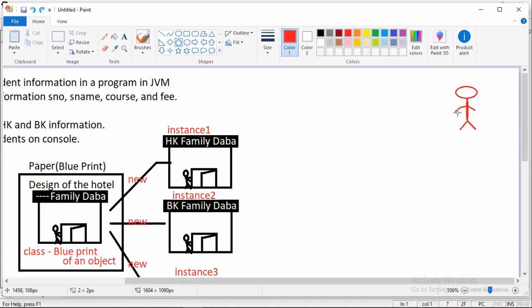The food you have given an order for is there in his hand, and with this food he is coming to your house with a wonderful smile.